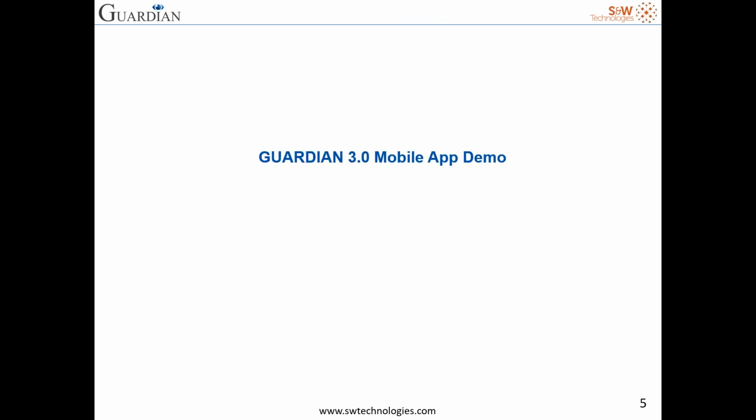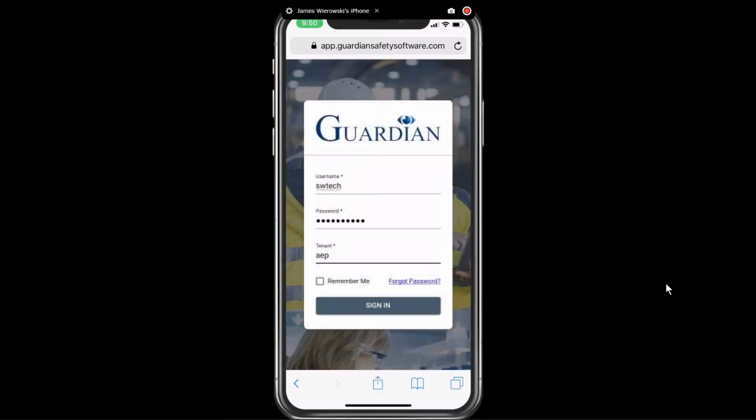Now we're going to provide a short demo of the mobile app using Reflector to display the iPhone screen on my computer. So I'm going to pause. Now you can see the login screen for the Guardian app on my iPhone. So I'm going to click the sign in button,